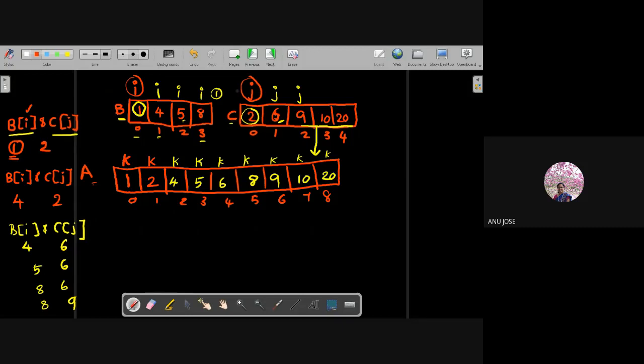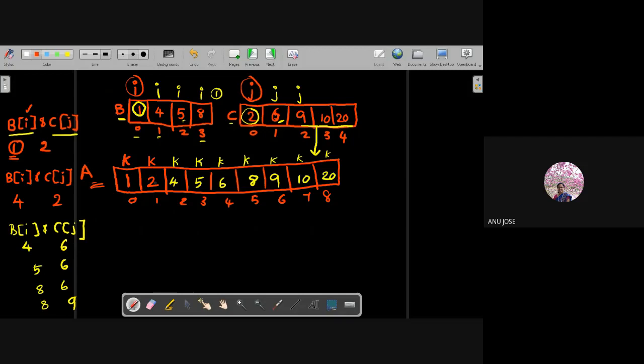Then the ith location value and the jth location value will be compared, and whichever is the smallest will be copied into the resultant array A. From whichever array I have taken the element, its own corresponding index will be incremented. All the time one value is added to the resultant array, so its index value should increase in all cases.